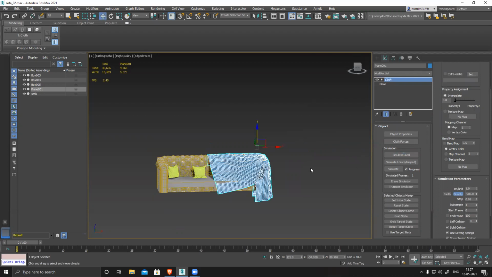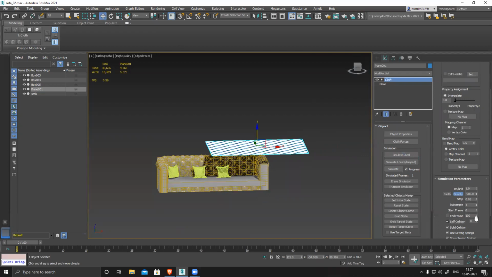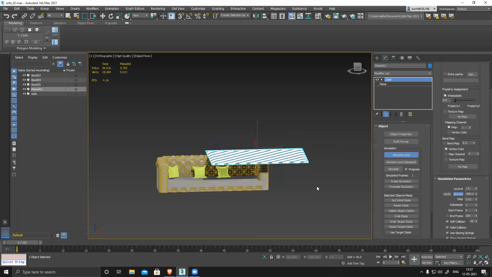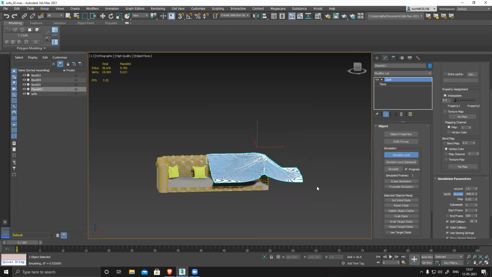So undo this, turn on self collision and simulate. It will take a little time and create the cloth piece very easily. See, now there's no intersection.